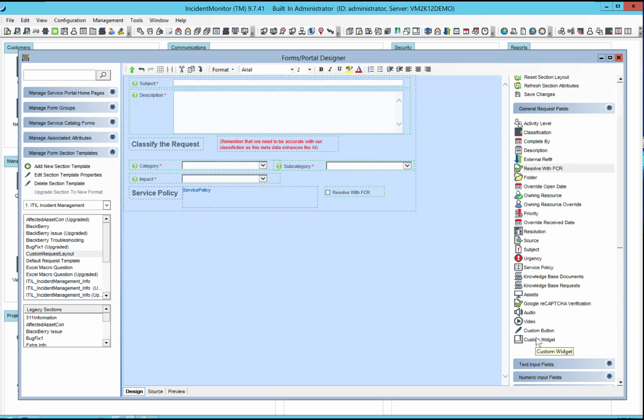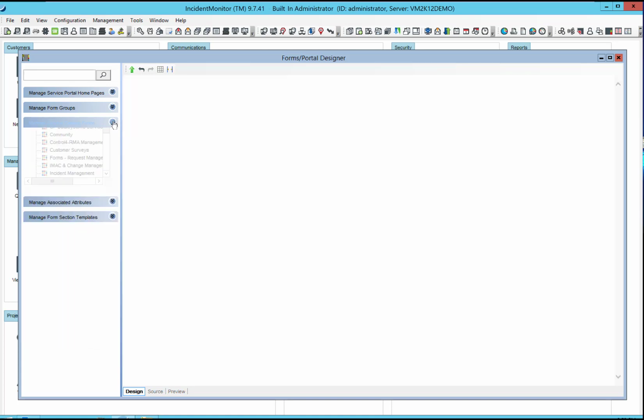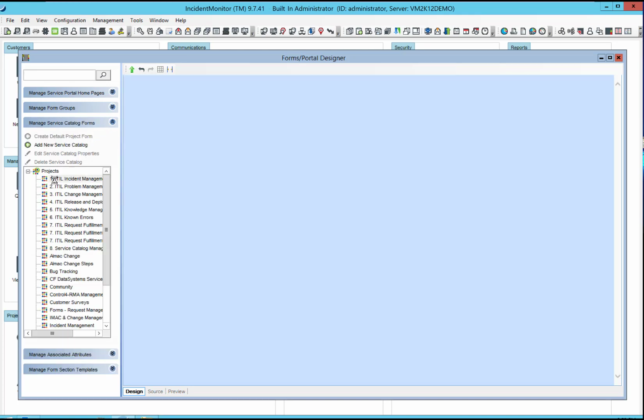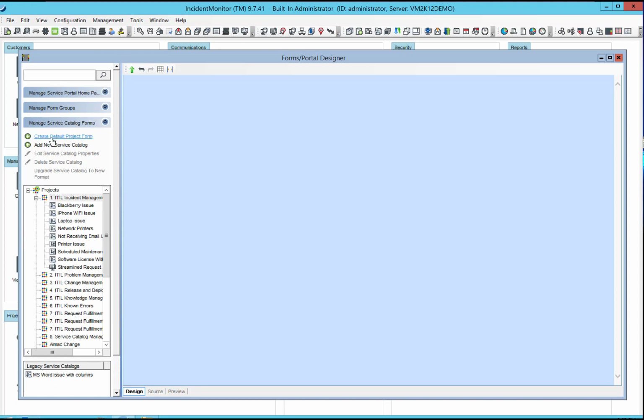You want to put in your own access to RSS feeds or integrate some functionality with your intranet. All of that stuff is right there. You just drag it on and put it on. Okay, so when we're creating these default requests now, over here in the service catalog area, I just select this,